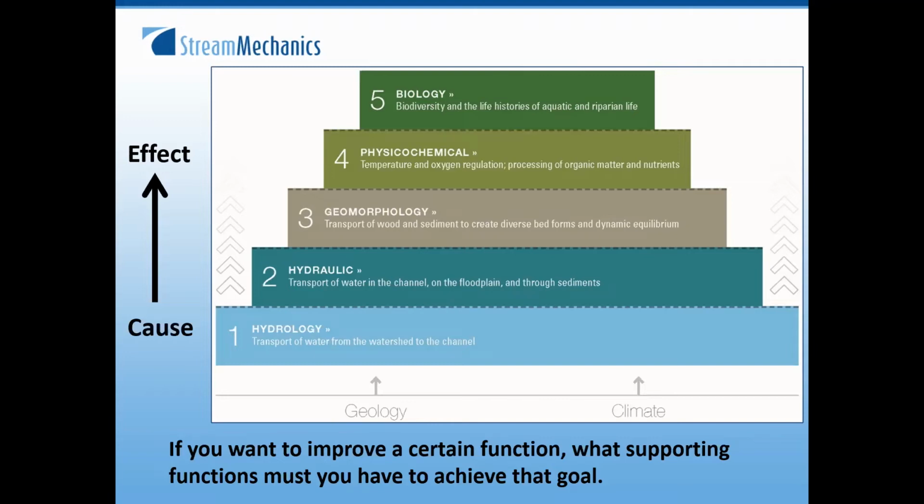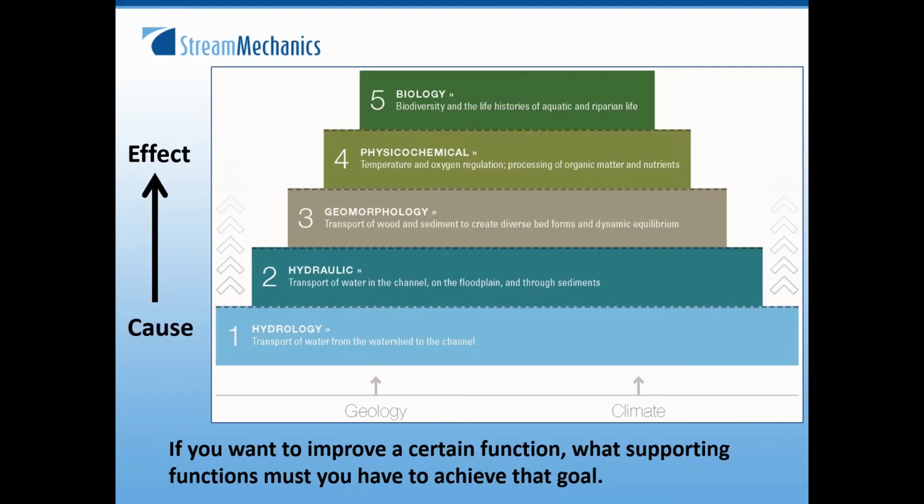If you want to have beavers in your river corridor, they are in biology level 5, then what supporting functions do you need in physicochemical, geomorphology, hydraulics, and hydrology in order to support that healthy beaver population? The last thing I'll mention with this thought process is that one goal with this is to help improve the communication between disciplines. Because if you go to a traditionally trained hydraulic engineer who works for a flood control district,